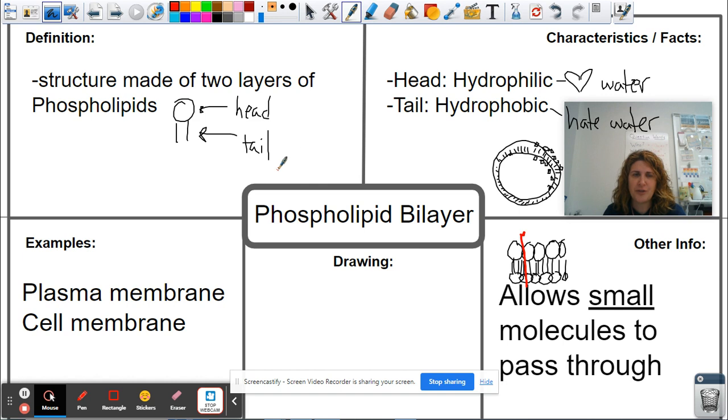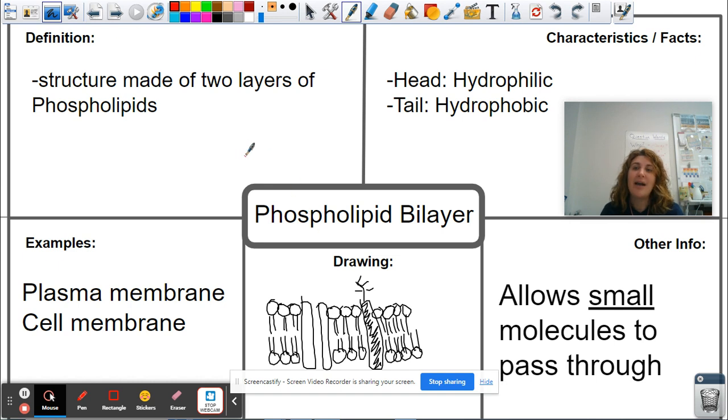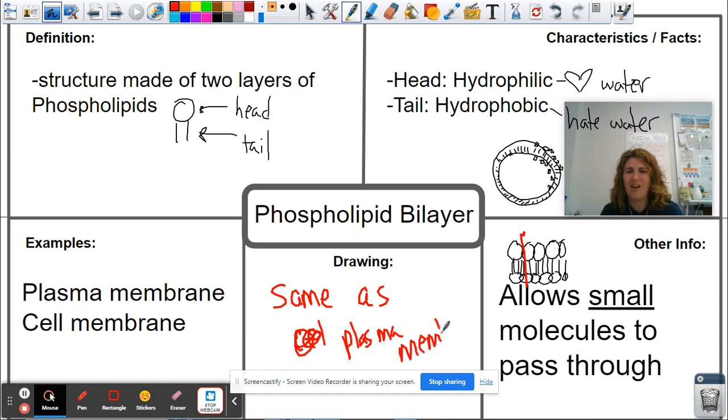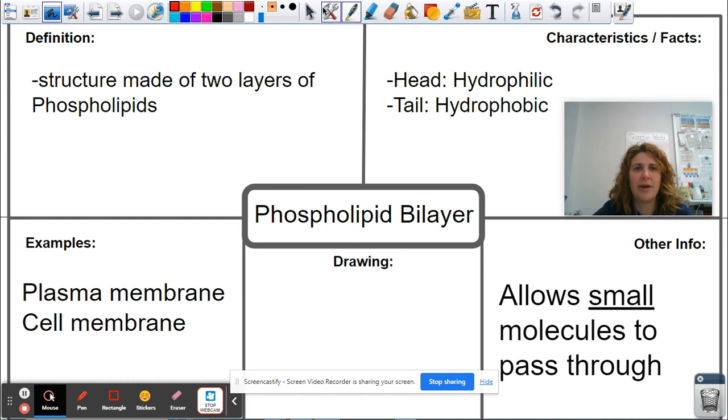For the drawing of the phospholipid bilayer, you can, if you want to, redraw it, or you could just say same as the cell membrane. So if you want to redraw it, go back to your cell membrane card. If you don't want to redraw it, just say same as plasma membrane. They are the same visual because they're synonyms of the same word. So if you need more time on this card, hit the pause button. If you don't, we're going to move on to our next term,